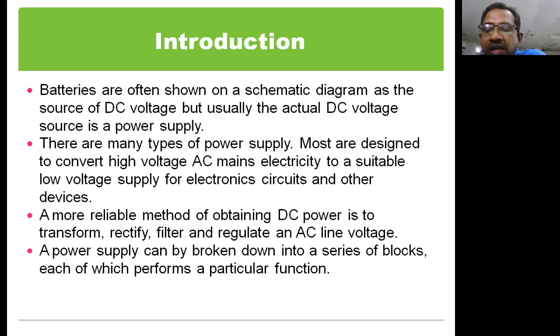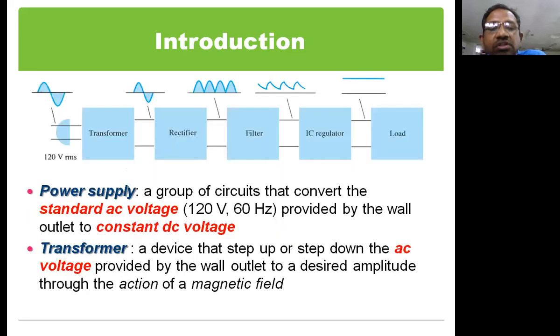The entire power supply unit is simply broken down into 4 sub blocks. The first block is the transforming block, then the rectification block, the filtering block, and then regulating the signal. These steps are shown here in this particular slide. The first one is called transforming. We are simply transforming the signal of high value, high voltage, to a low voltage.